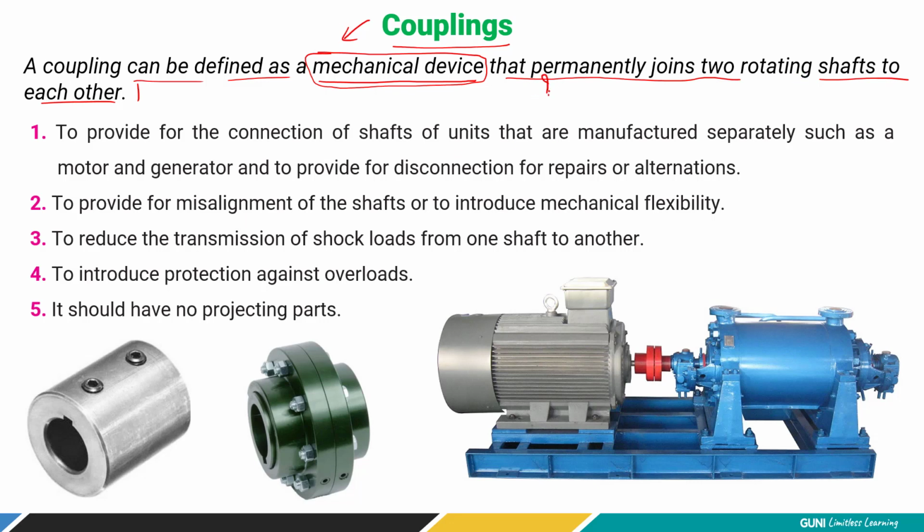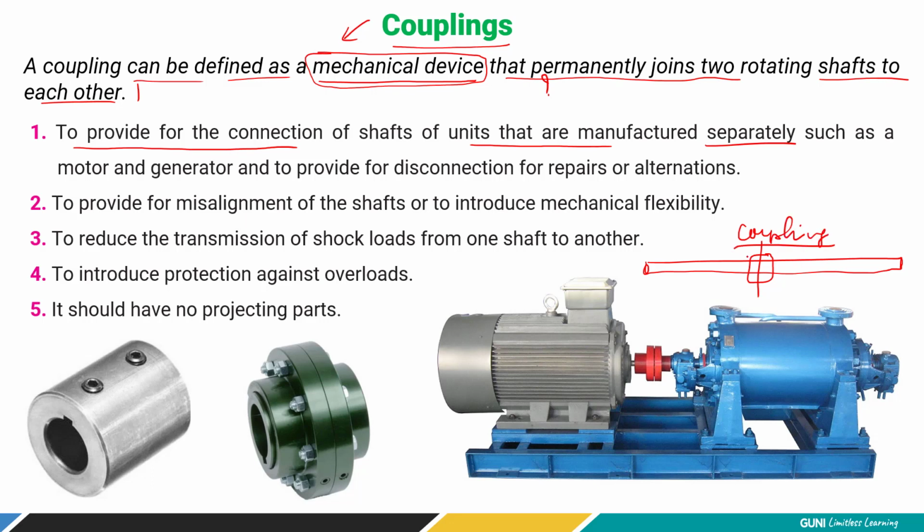Now there is a reason why we have this topic in our syllabus. Why do we want to join two shafts? There is always a reason. A coupling provides the connection for shaft units that are manufactured separately. There are requirements where a very long shaft is needed. If a longer shaft is made of a single piece without any joint, transportation, manufacturing and installation will be a problem. So they simply divide it into standard lengths of 10 feet. Once you divide it, you have to rejoin it at the application area, so to join this, a coupling is used.